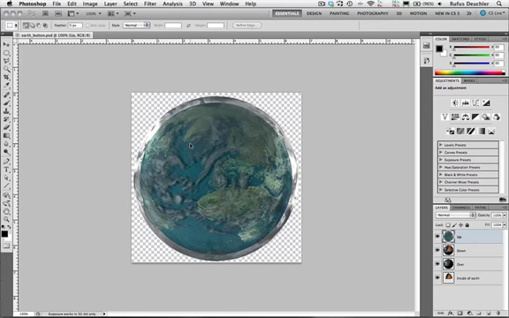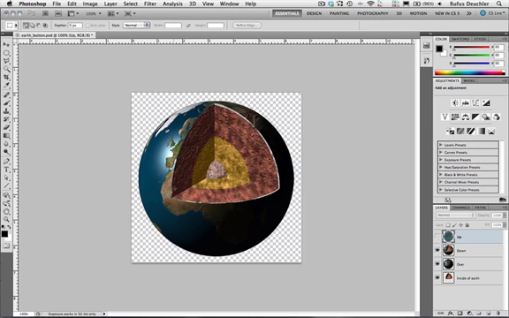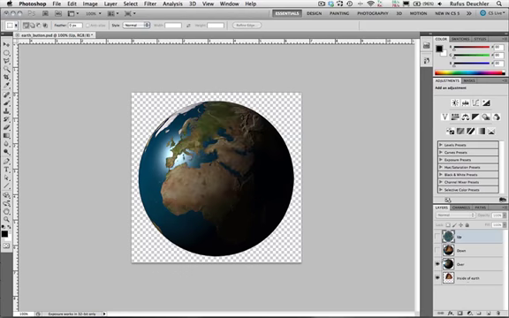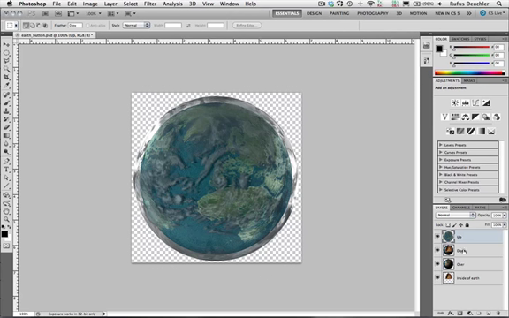What I've done here is a series of images on a transparent background that include a view of the Earth with its core, okay, and then the Earth on its own, and a transparent background. Okay, so these are the three elements, and I've also given them names: up, down, over, and saved them as